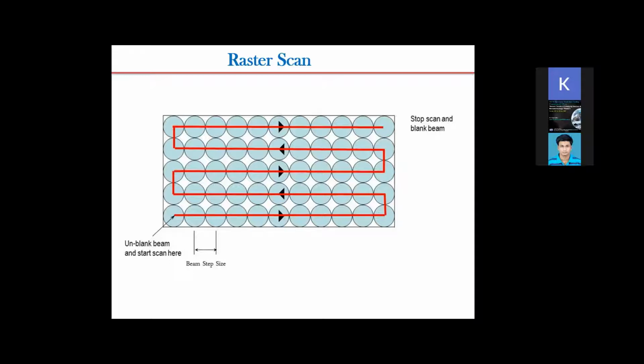So these things will happen, and the step size is this one. Each of the circles is actually a beam spot, and the distance between the centers of two spots tells you about the beam step. Now you can do overlapping steps also, and it is recommendable. The figure shows that one spot has started just after the other, but we recommend a bit of overlapping so that no region remains unaffected. So it is always better to have some overlapping of the beams.